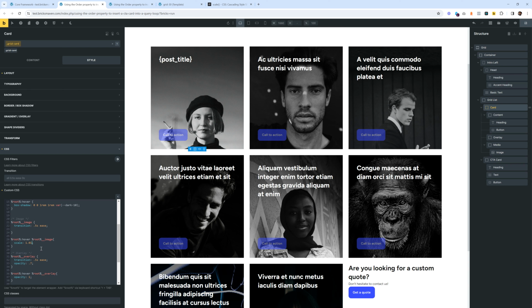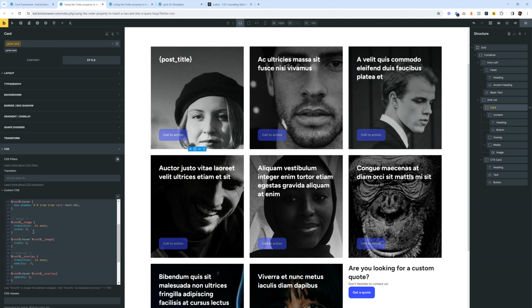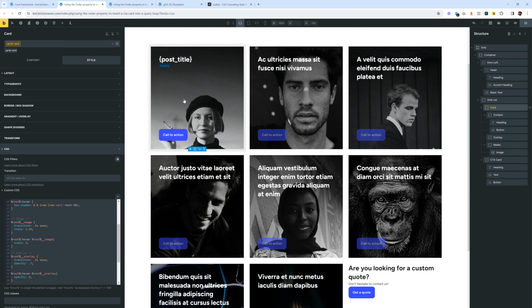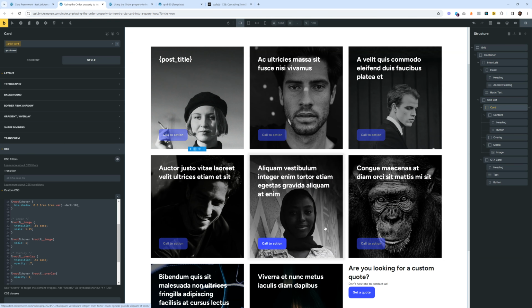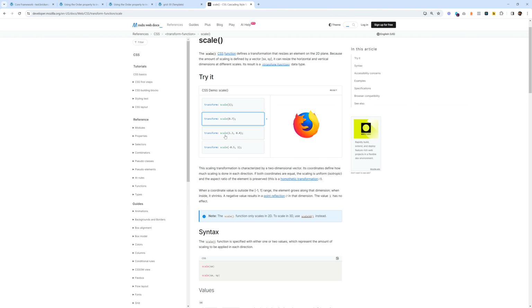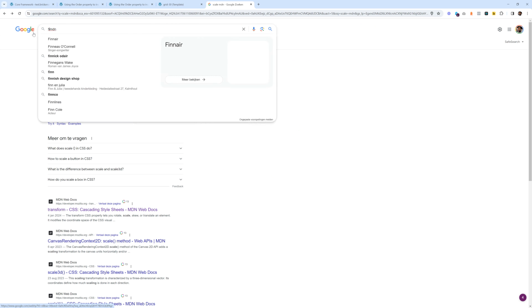How about we do this in the scale? I'm trying this out. So we say 2. That's way too much. So it actually just goes back. That's also pretty cool. 1.5, just a little bit. It gets pushed back. Yeah, let's leave it like this. But as you can see, there are many ways of playing with this. If you ever have time, you can just go to the MDN filter here,